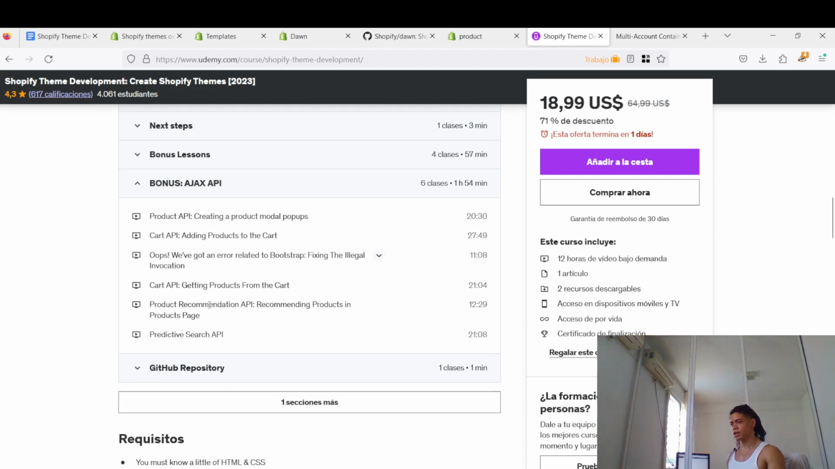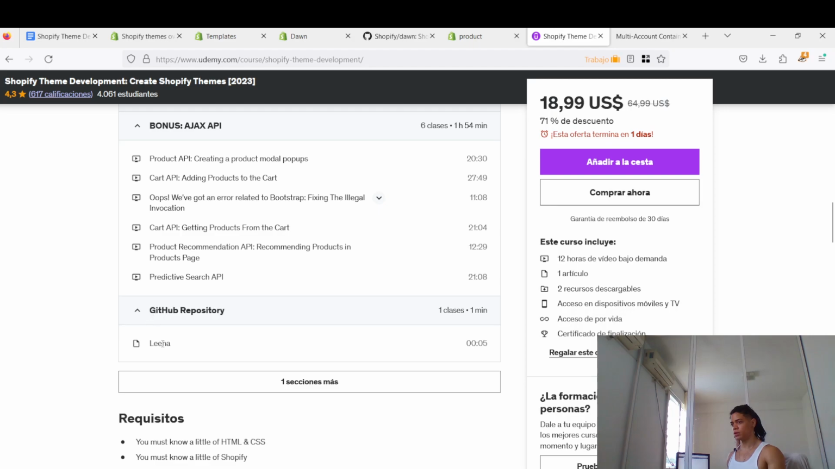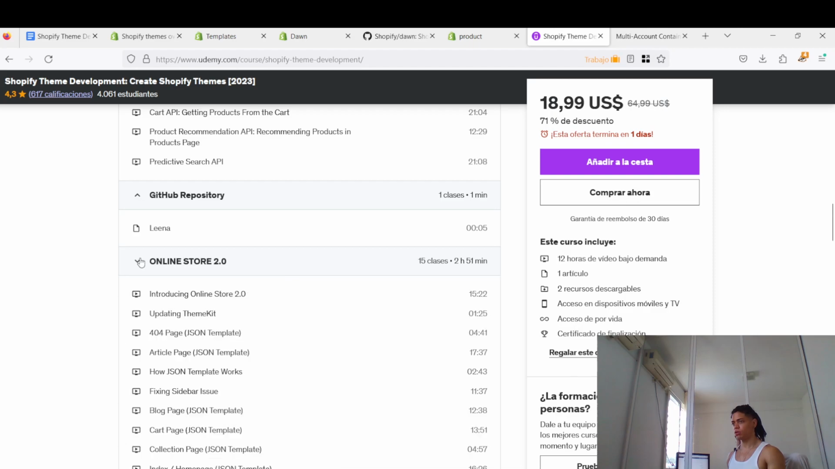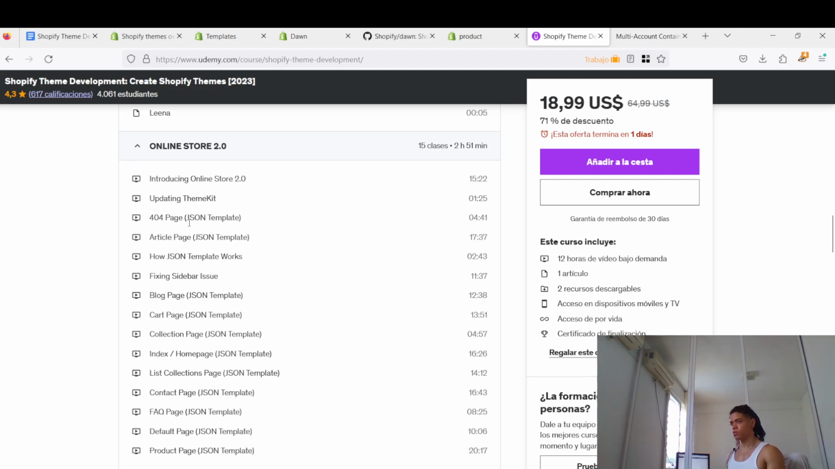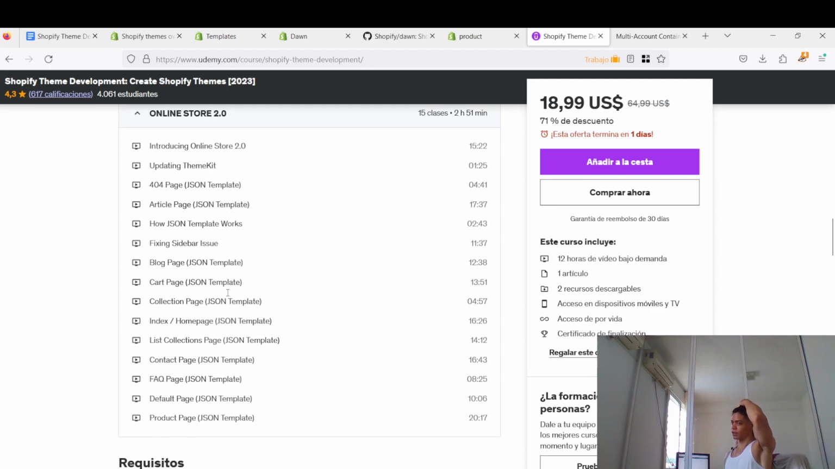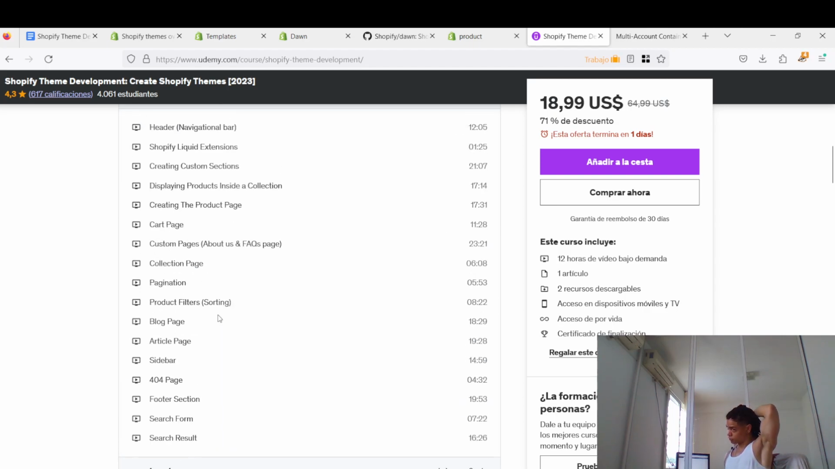Predictive search API, and GitHub repository, something that I'm quite familiar with. And then Online Store 2.0: updating theme kit for a one page article, how JSON templates work, fixing sidebar issues, blog page JSON template, cart page JSON template, collection page JSON templates. Exactly. Because back in the old days,